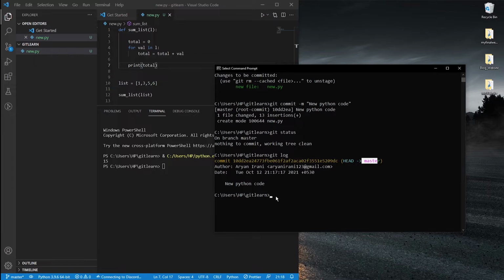So let's take a recap. We have gone over the basics of how to create a repository and how to add a .py or any type of code file to the staging area, followed by using the status command to check the status. Then we used the git commit command to commit the file to the repository, and in the end we used the git log command to check the history.